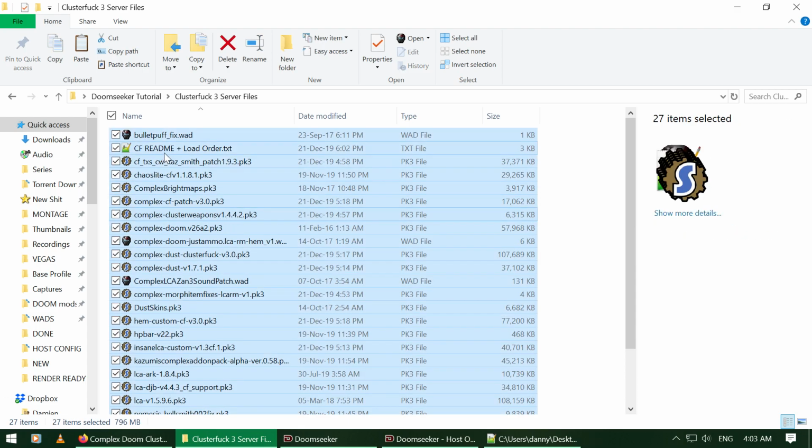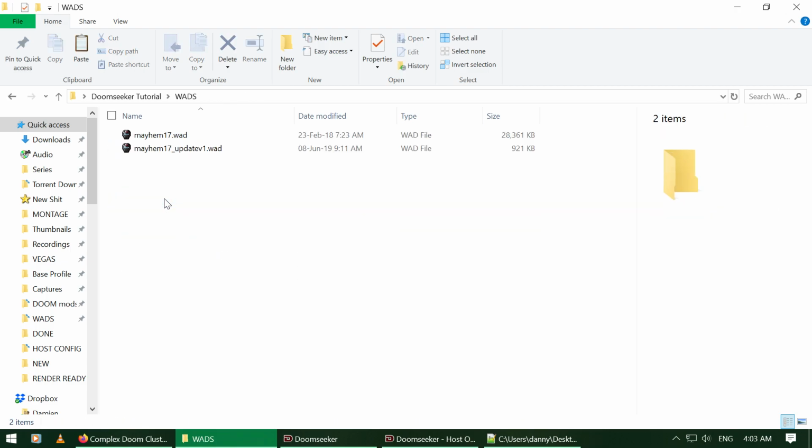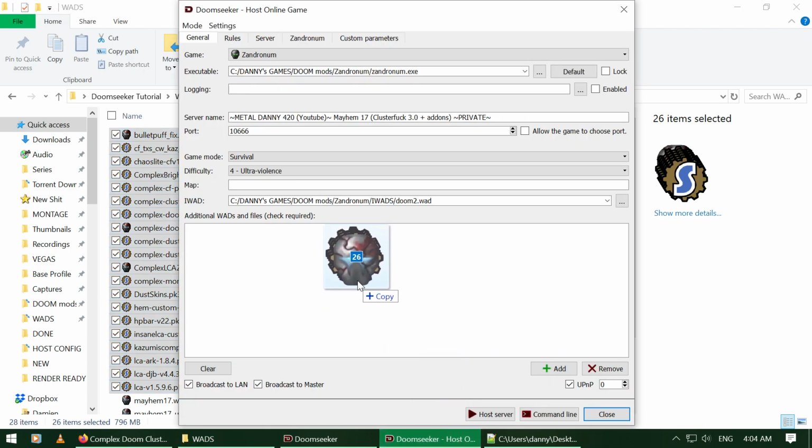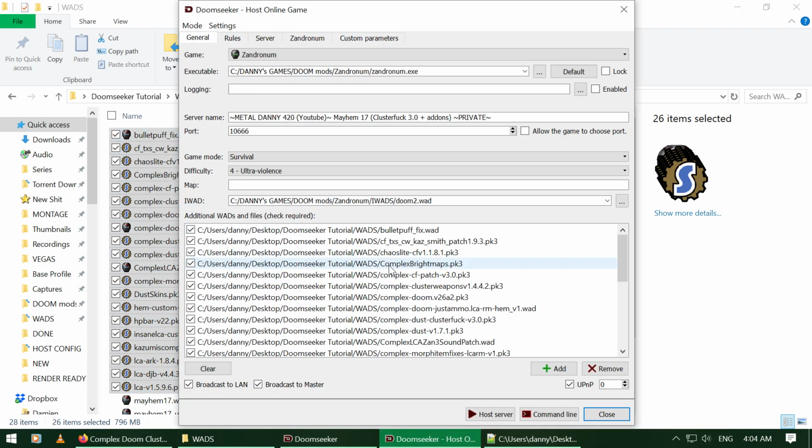What you do is take all these files and make sure you put them with all the other mod files, which is in the WOD folder, which I just showed. Just put them all in there. There we go. Now, simply drag and drop all these files into your WOD box. All of them are in.